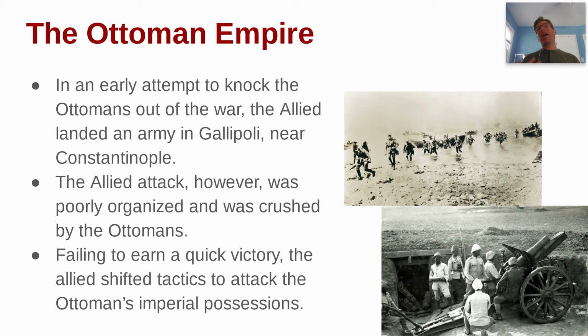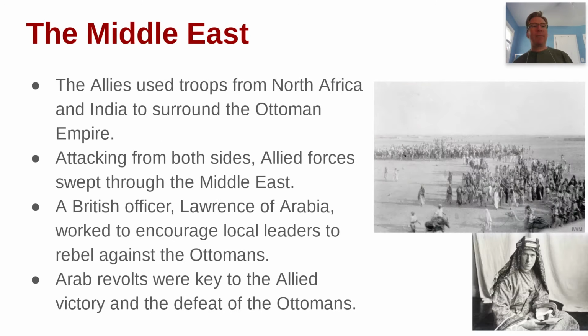So the British were not going to be able to take the Ottomans out quickly, so they had to shift tactics. And instead of going for the heart of the empire, they attacked the periphery of the empire. So this brought the war to the broader Middle East, as Allies used troops from North Africa and troops from India to encircle and attack the Ottomans from both sides where they were already weak. This weakness was